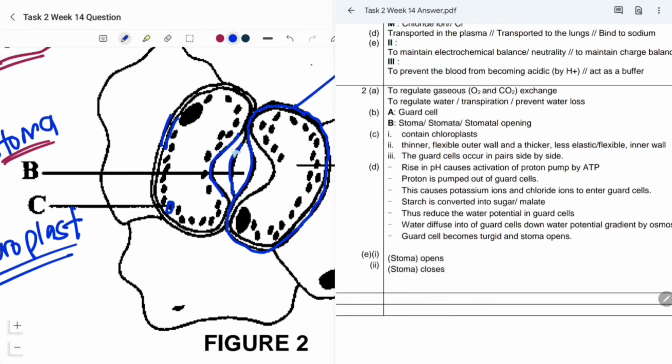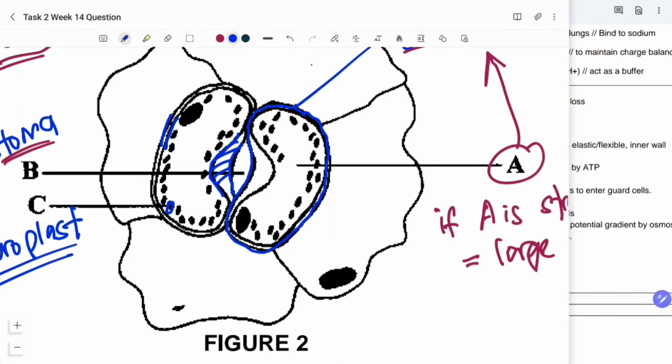Okay, so inner wall ni lebih tebal, so lebih tebal menjadikan dia kurang fleksibel ataupun kurang elastik. So itu dua karakteristik yang penting yang awak perlu boleh describe untuk structure of gut cell. Okay, iaitu dia contain chloroplast dan juga dia ada thinner and flexible outer wall tetapi thicker and less flexible inner wall. Kenapa? Sebab ini penting untuk kenapa